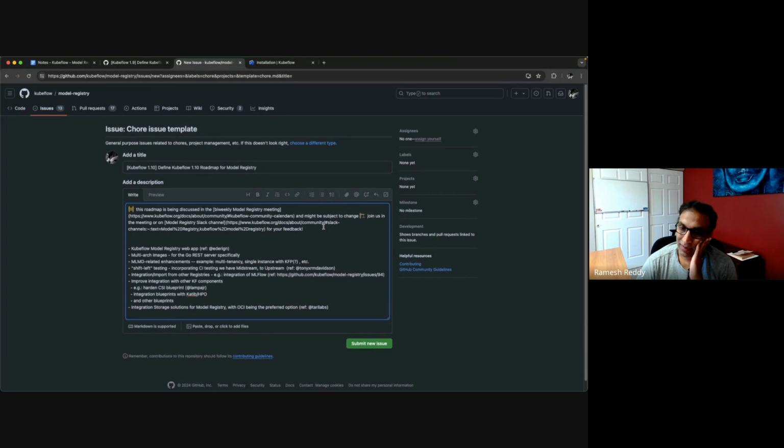My thinking is, if KFP tomorrow comes back, then we have this conversation with the KFP team about the integration with Model Registry and so on and so forth, right? Then they come back and say, no, this is not what we want. We don't want to do that. Then I think, in my mind, it gets a lot simpler, right?